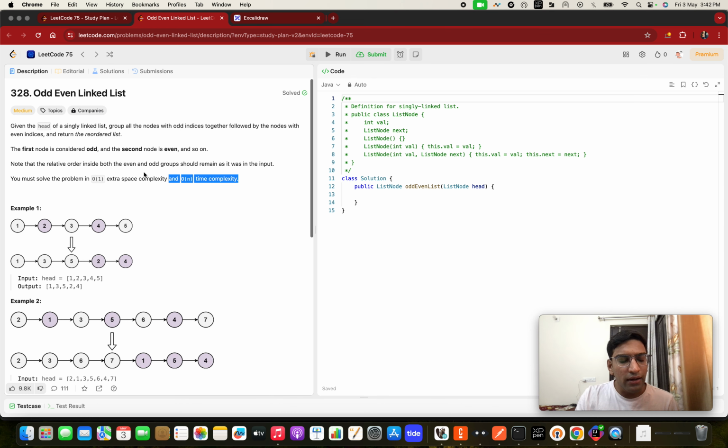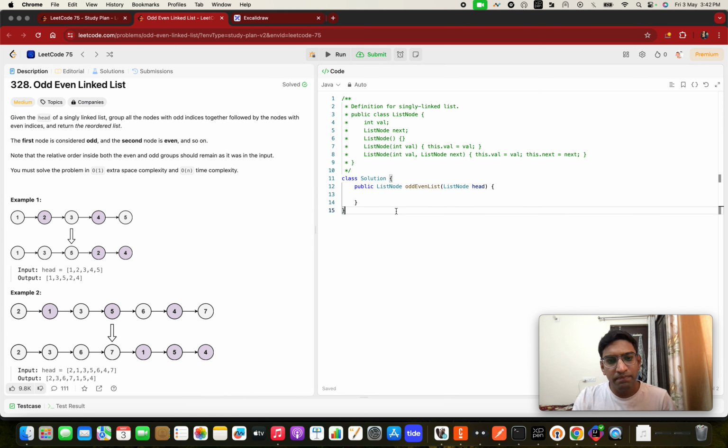We have been given a linked list 1, 2, 3, 4 and 5. If numbering starts from 1, this is the first index, this is second, third, fourth and this is the fifth index. So we need to put the odd indexed nodes first and then the even indexed nodes second. What are we going to do? Put the odd indexed nodes first: the 1, 3 and 5 indexed nodes come first